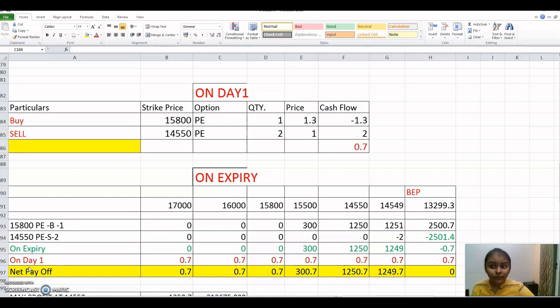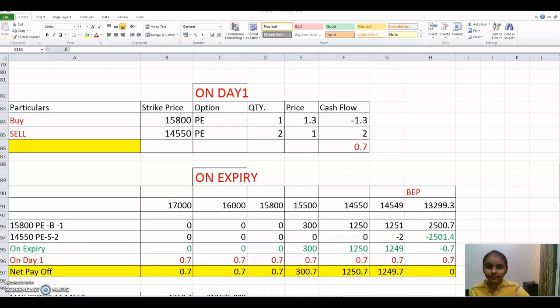So friends, in addition to this, I've executed short ratio put spread strategy in Nifty. So here I have bought 15,800 put 250 quantity and I have sold 14,550 put 500 quantity. For the sake of understanding, here I have mentioned it as 1 and 2. I bought 15,800 put at 1.3 and I have sold 14,550 put at 1. I have executed this strategy in Upstox, but the Screencast-O-Matic was not compatible with it,